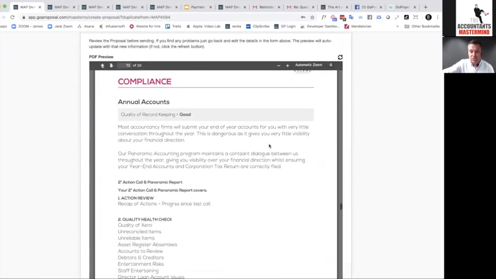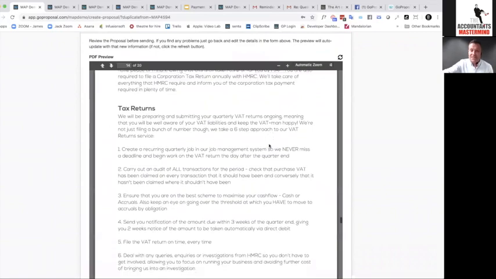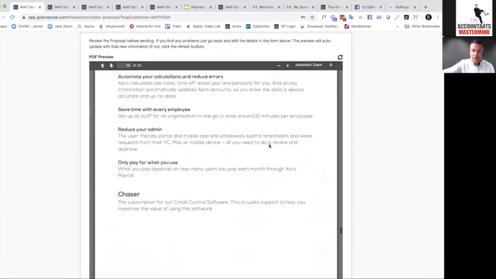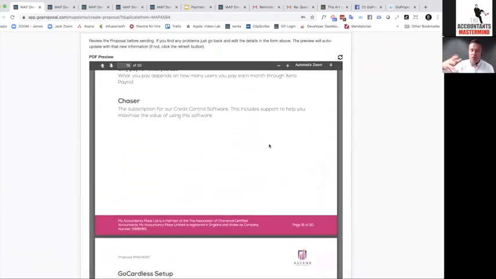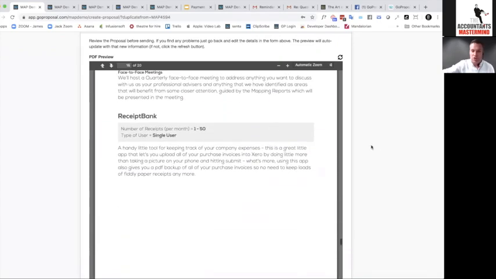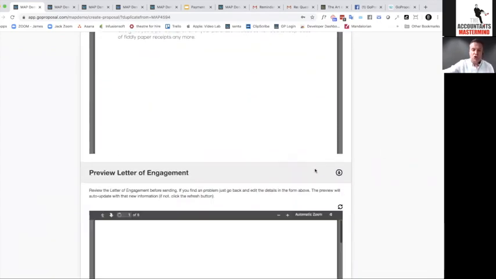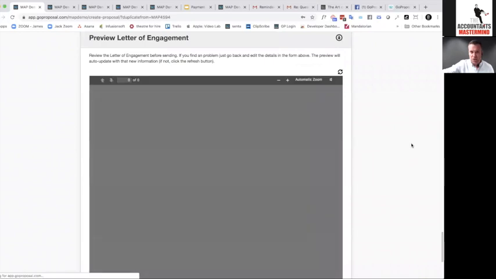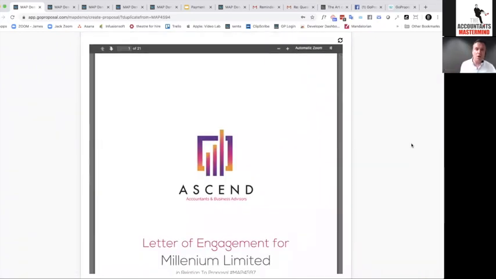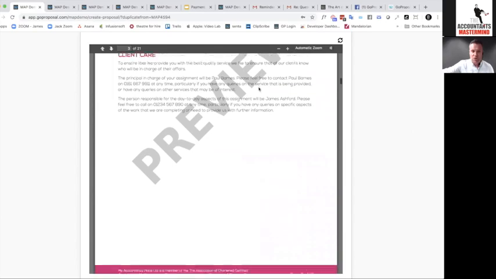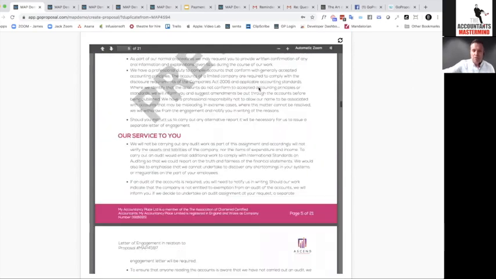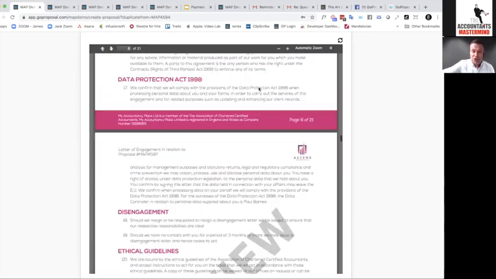There's a full explanation of all the services in there so that all of the stakeholders involved in this engagement, whether it's your team or their team, understand exactly what you're agreeing in there and at what level. And also at the same time, the letter of engagement is completed as well. So we don't have to go anywhere. Before you leave this meeting, your proposal's done, they know what they're getting, they know how much it's going to cost. Your letter of engagement is all complete in here with any terms that you want to pull in,